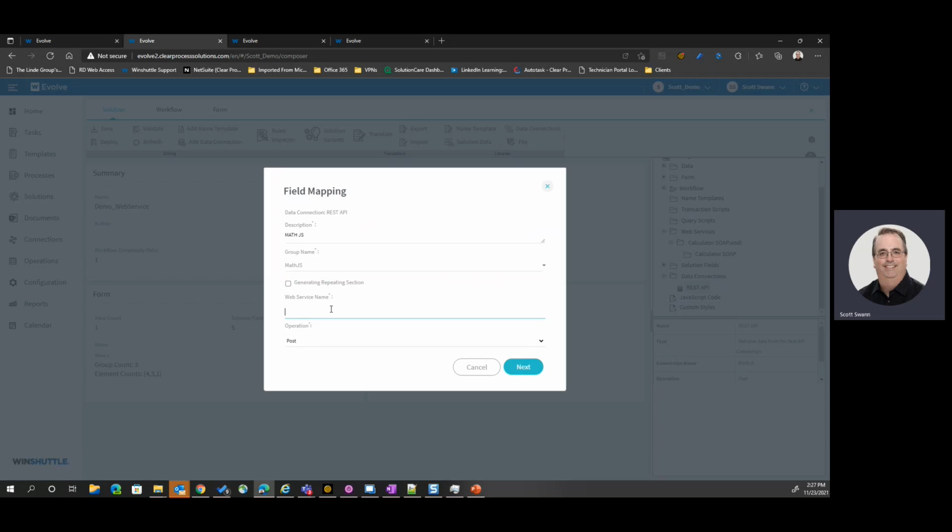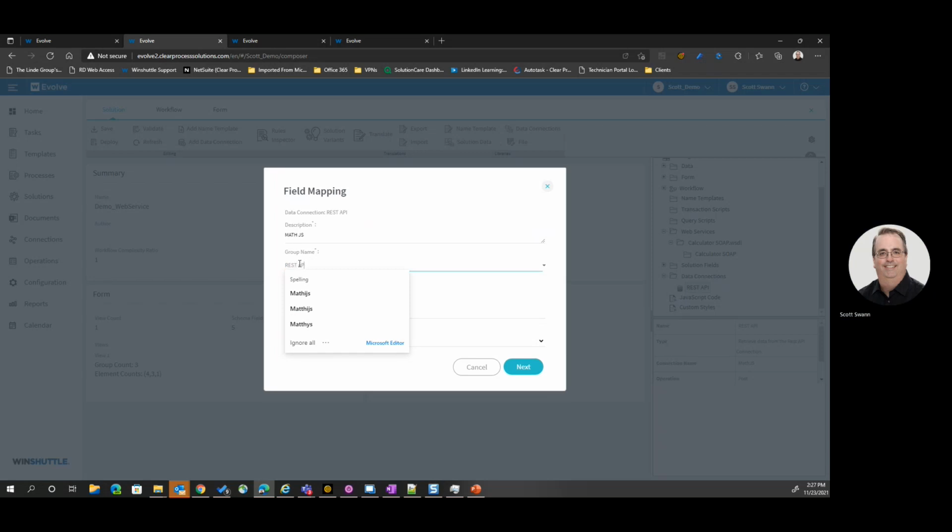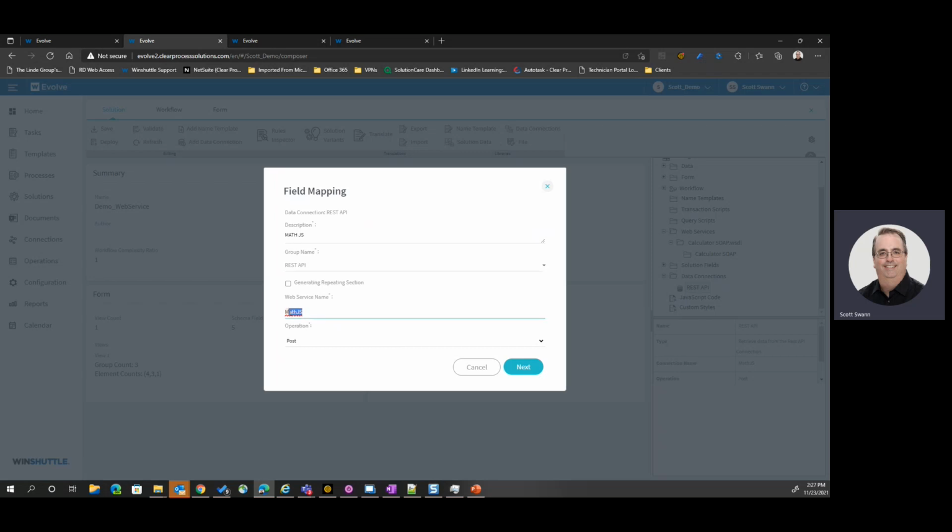Web service name, group name. I might want to just name this. Keep it simple here. So I'm going to say this is the web service name. I can give it a name or whatever I want. It's already routed to that REST API, and it already knows it's a post operation because that's the one that's been exposed that I told it to. So I'm going to hit next, and now it's going to allow me to